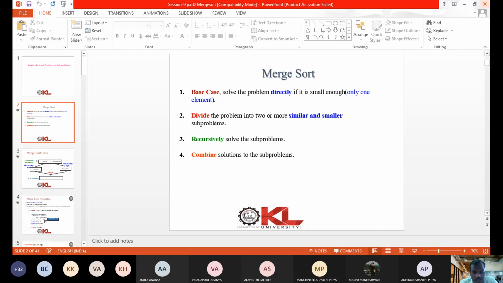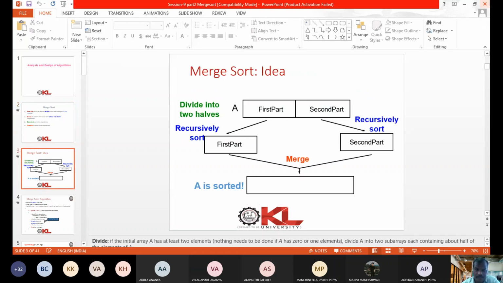If the number of elements is more, then we apply the principle of divide and conquer to sort the given list. Here the list is divided, then the sublists are recursively sorted, then finally we combine the sorted sublists into a single sorted list. That is how the principle of merge sort works.